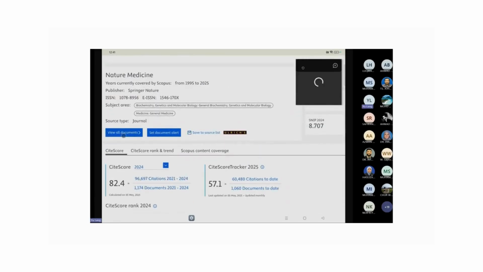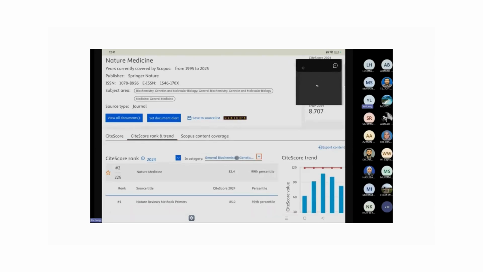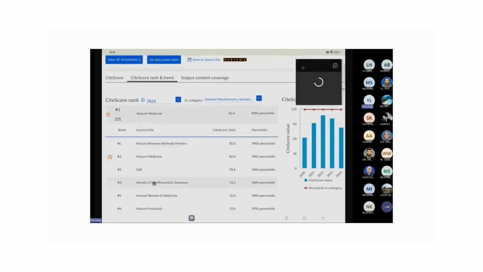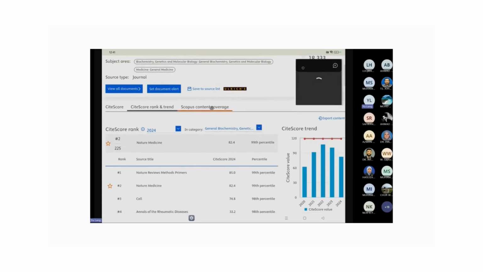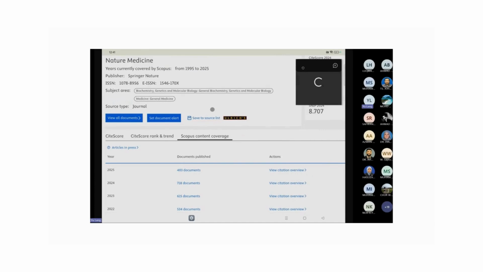And also over here, next to CiteScore, this is the CiteScore rank and trend. So you get to know, for this subject category, which one is a top title, and you can find the ranking of the titles broken down by the subject area, by the subject category. And you can also check another way to see whether the journal, or whether this particular source, is still indexed in Scopus or not, by